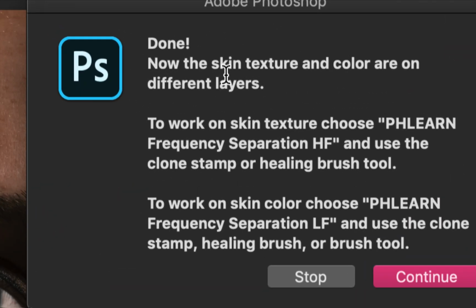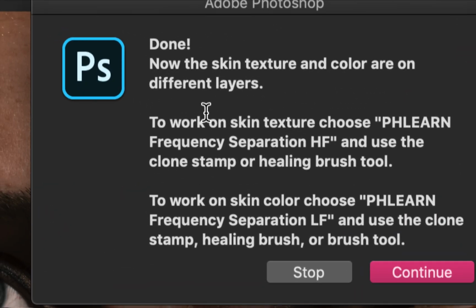It's going to say, now the skin texture and color are on different layers. To work on the skin texture, choose frequency separation HF. So texture is high, and use the clone stamp or healing brush tool. To work on the skin color, choose low frequency, Flern separation LF, and use the clone stamp, healing brush, or brush tool, right? So we have some other options with the low frequency. We've got clone stamp, healing brush, or brush, and they're intimating that we're supposed to only use clone stamp or healing brush. Anyway, so we click